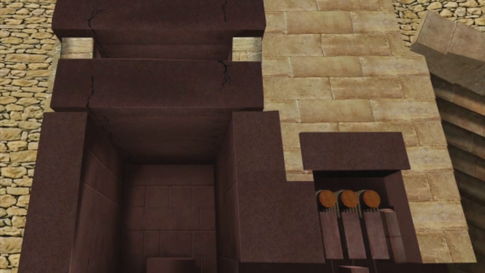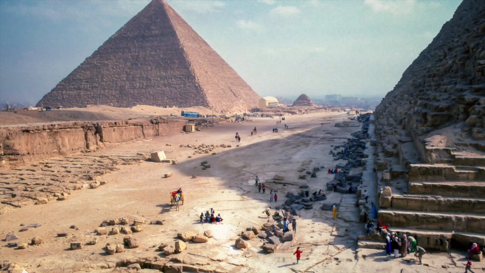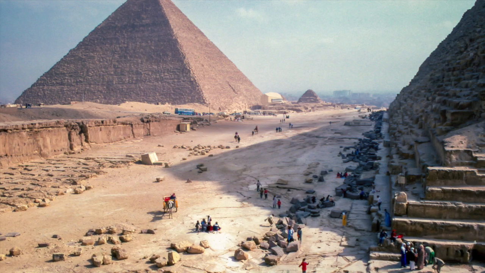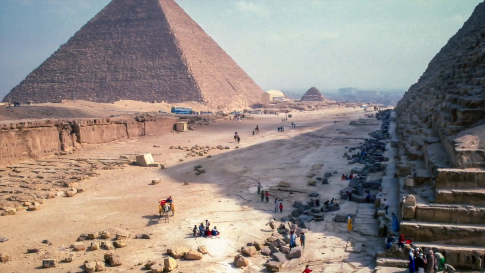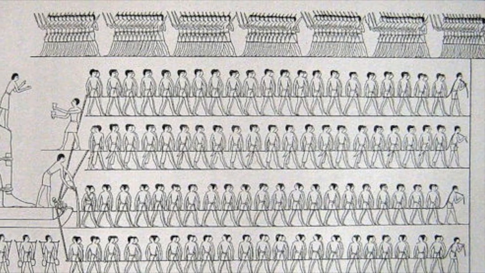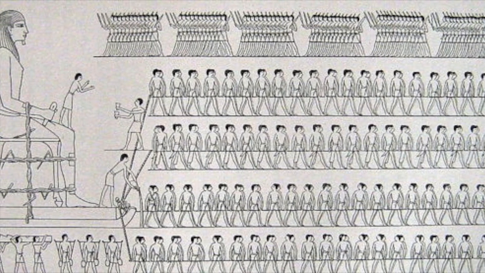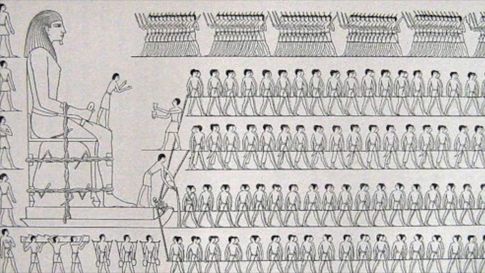I'd have thrown down my copper chisel, my rope, and have given up and gone home, which probably wouldn't have gone down too well at the time, let's be honest. What was needed was a solution. Having hundreds of men somehow lifting the King's Chamber blocks up off the ground is near-on, well, completely impossible.